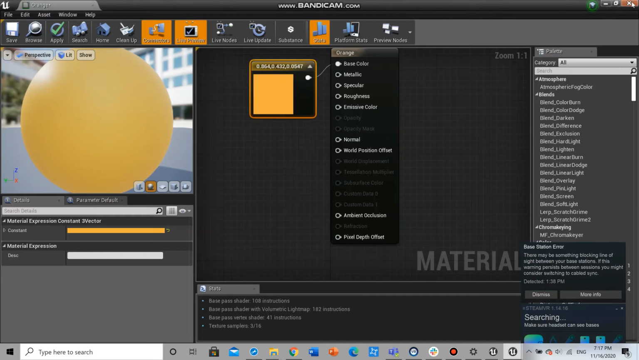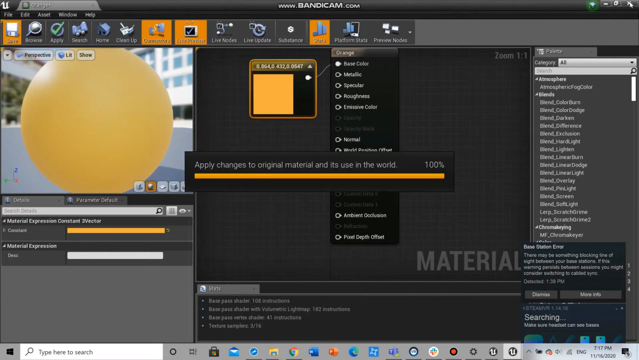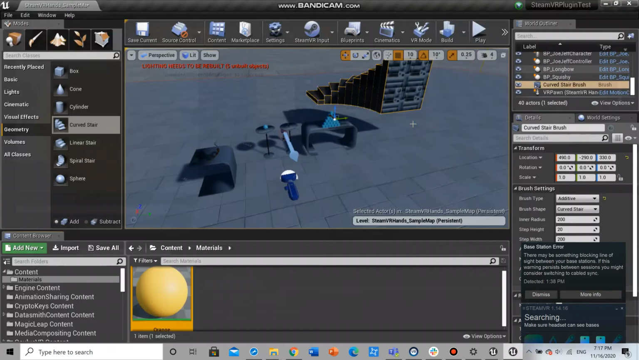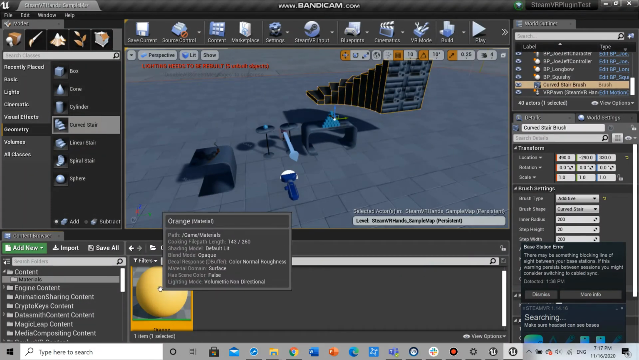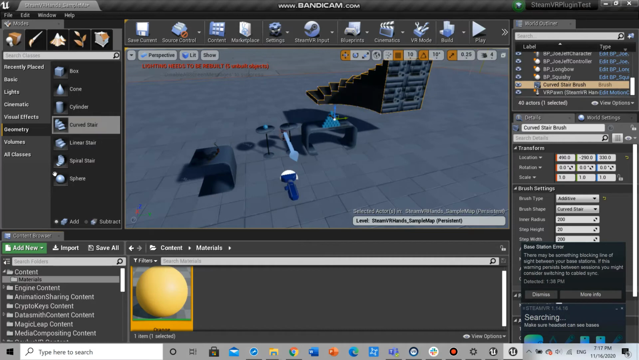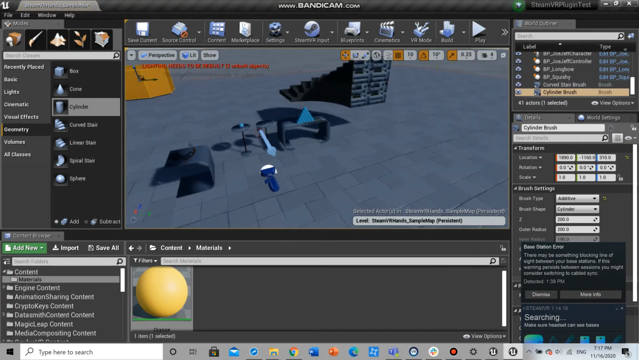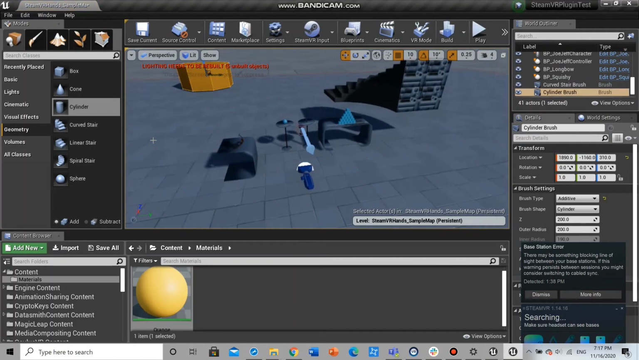Better. So here, save it and then close it, and now you can add, for example, a cylinder here. I'm just using some basic objects to show you that you can add them to the scene and